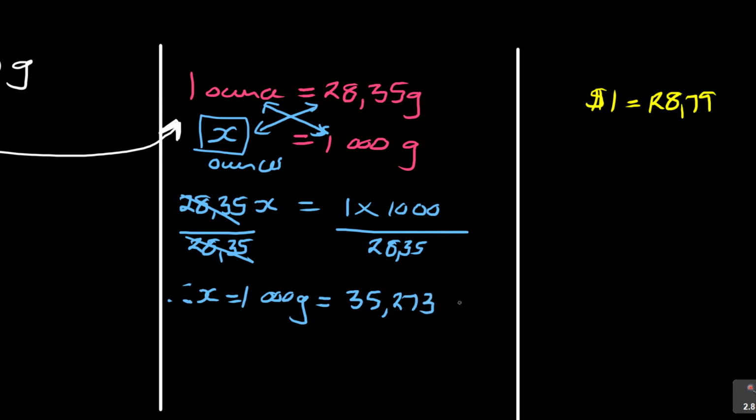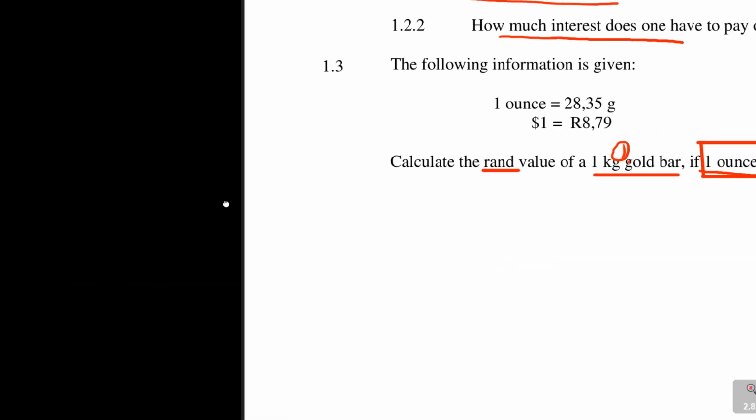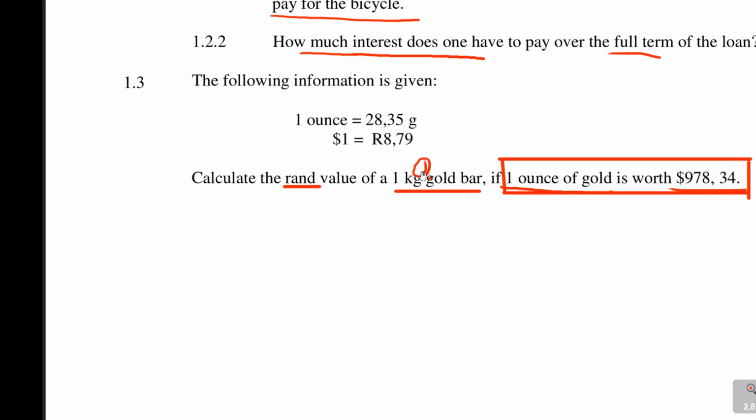35,273 ounces. You know that one kilogram is 1,000 grams. The next question asks how much this 1 kilogram bar, which is those ounces, is worth. If 1 ounce of gold is worth, look, 1 ounce is